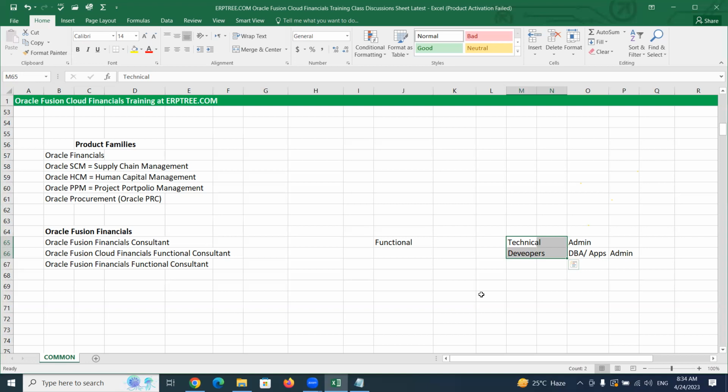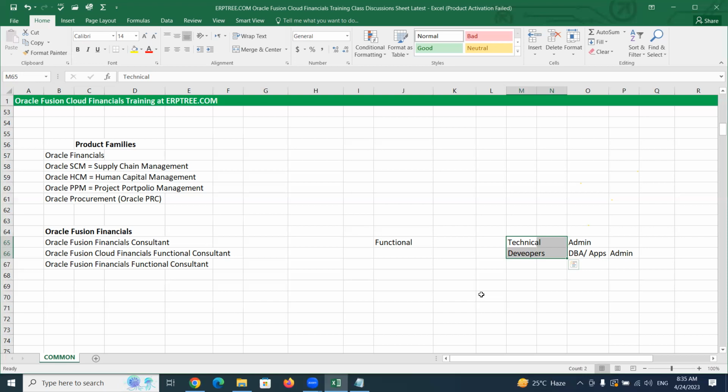For DBA, there is not much demand because the DBA part is managed by Oracle in case of Oracle Fusion Cloud applications. We'll understand what is the meaning of cloud. So in the Oracle Fusion Cloud applications, when I talk about cloud, we don't need any DBA. If you are a company going to use Oracle applications, you don't need a DBA. You need not hire a DBA. The DBA part can be managed by Oracle. And technical, very less effort, very less dependency in case of Fusion applications. So very less dependency. Hardly, if project duration is 1 year, we may need 2 months or 1 month.